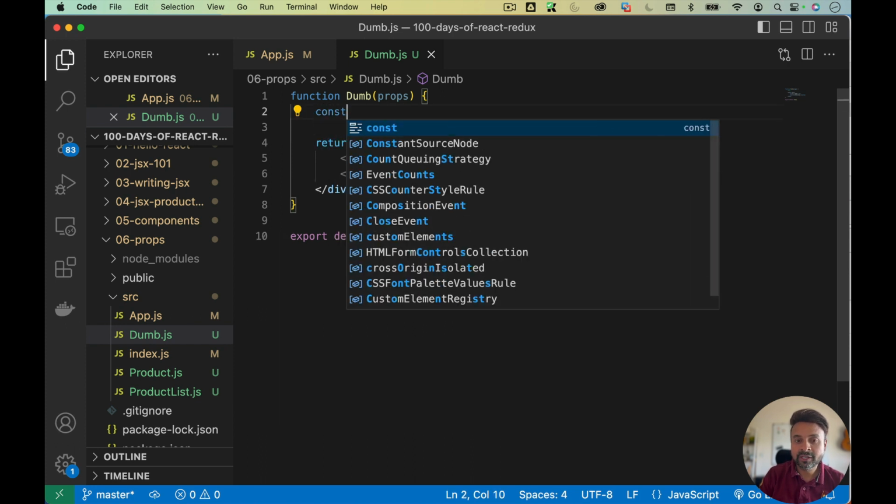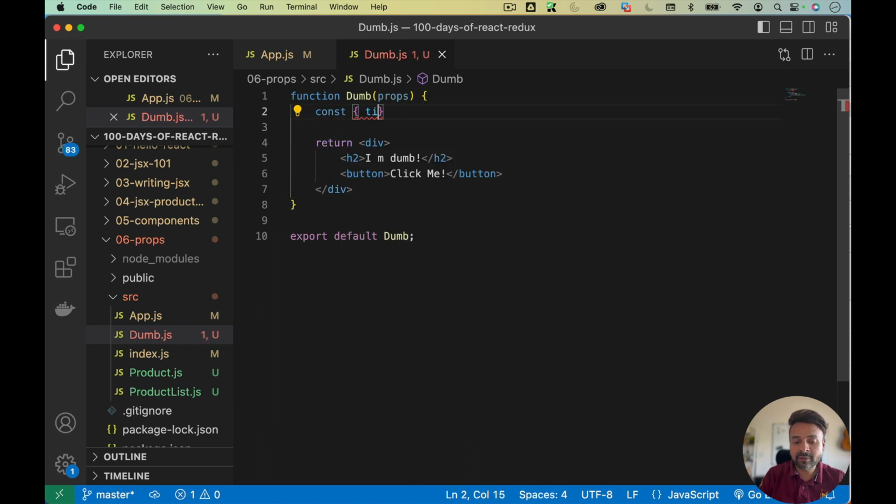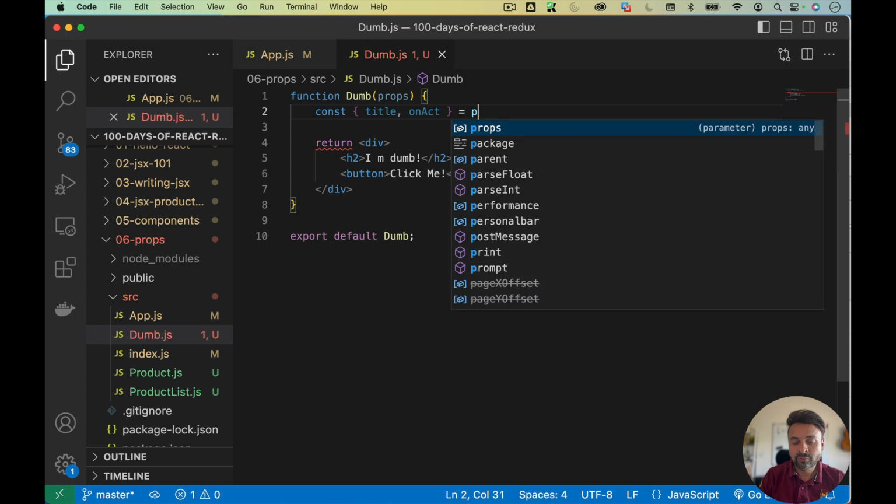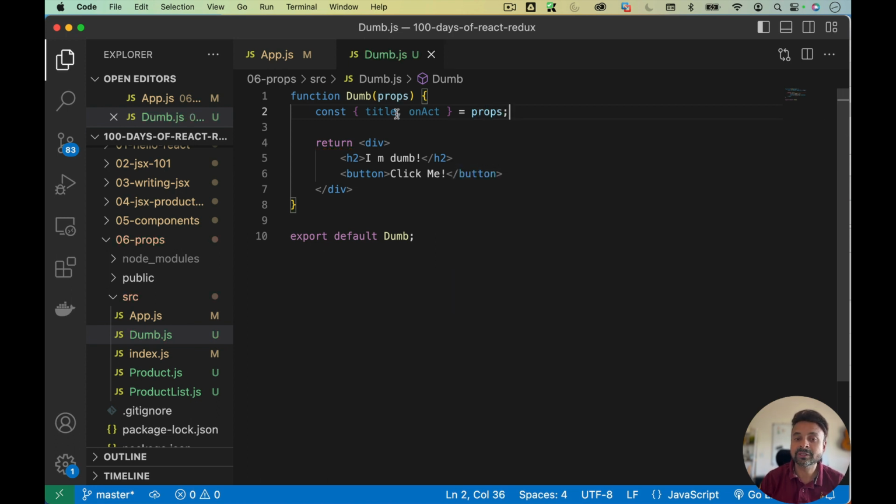So I'm going to destructure two different things. I'm getting the title, right? And I'm getting the function called onAct also from props. Okay, this is just normal JavaScript, ES6. And instead of this H2,